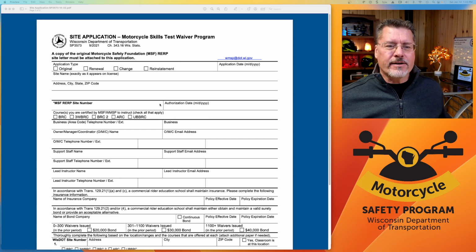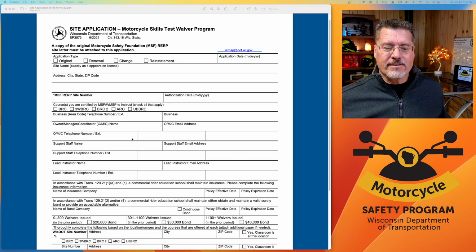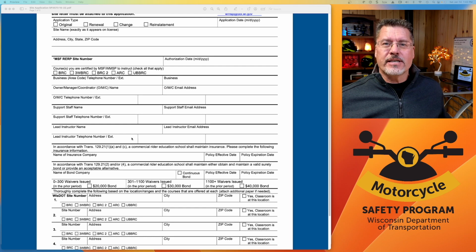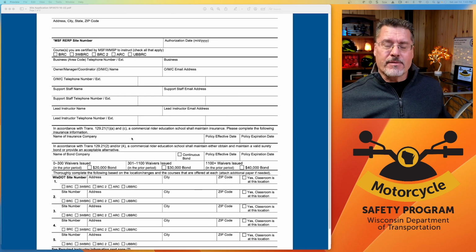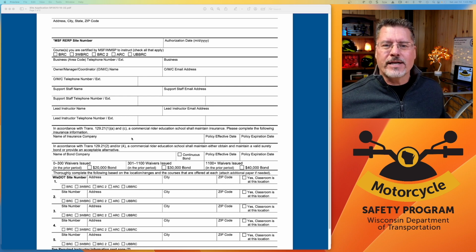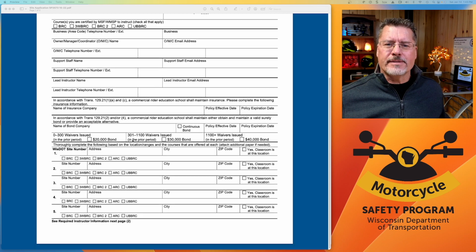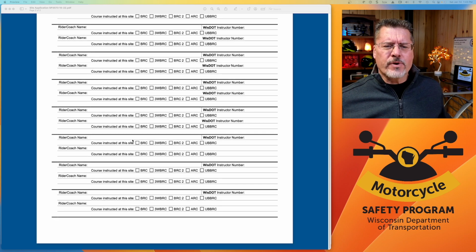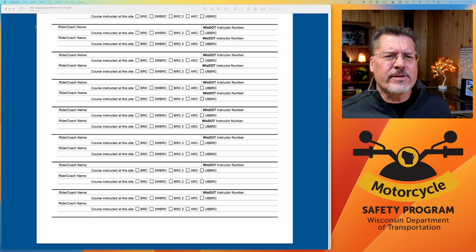On page 1 here, you have the name, site, address. You have business contact information. It gathers insurance information. And at the bottom, it has you list the location of the ranges and the courses that are taught at each range location if you have more than one. On page 2, this is where they capture rider coach information for those rider coaches authorized to teach at your particular training site. So let's get rid of this form here